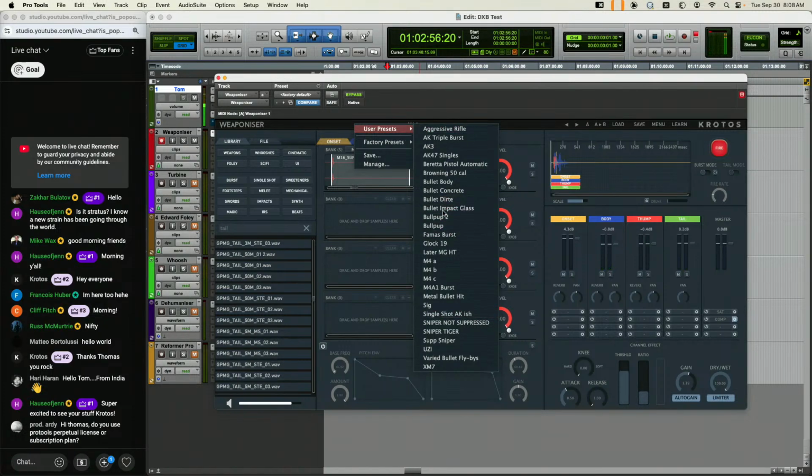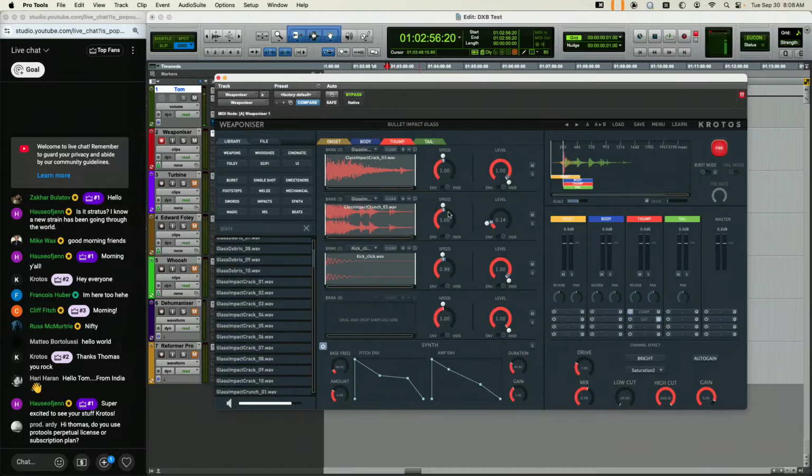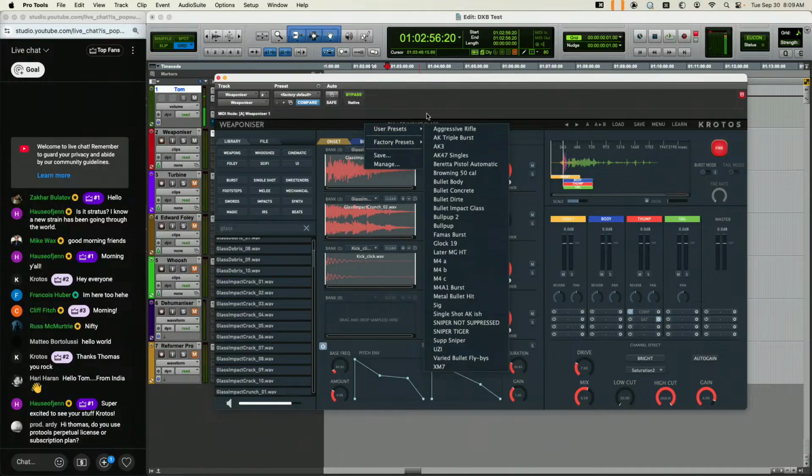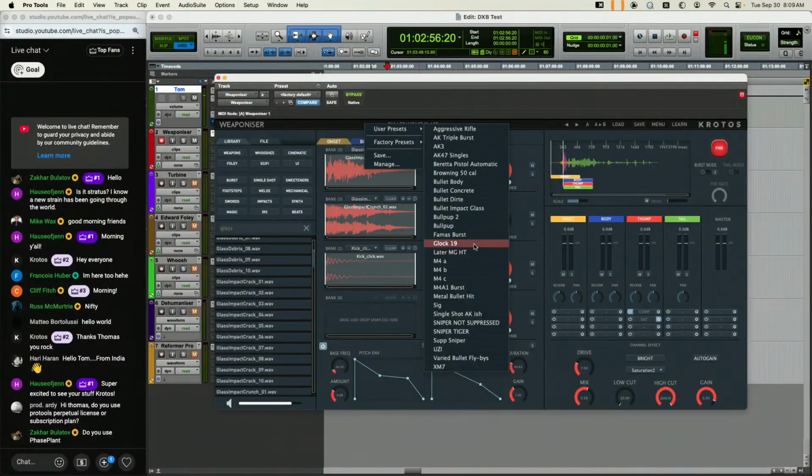So I've also got impacts. And it's nice to just be able to hit a keyboard and cycle through stuff. It also makes it really fun because you can actually play a scene on your keyboard. So I like that interactive kind of sound design where it's not just dragging and dropping from a library. It's like playing a performance, and you can get some really cool happy accidents that way. We've got Glock 19,